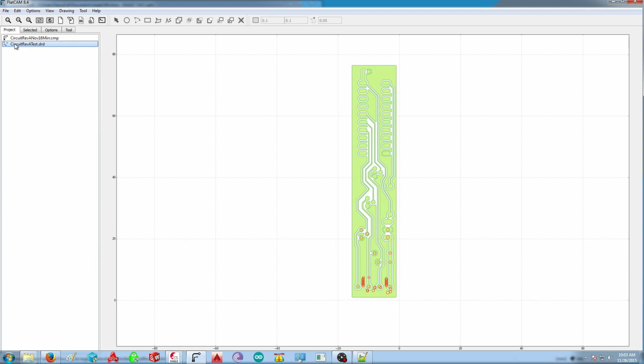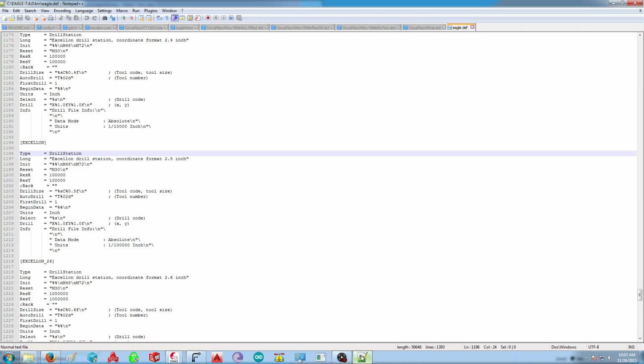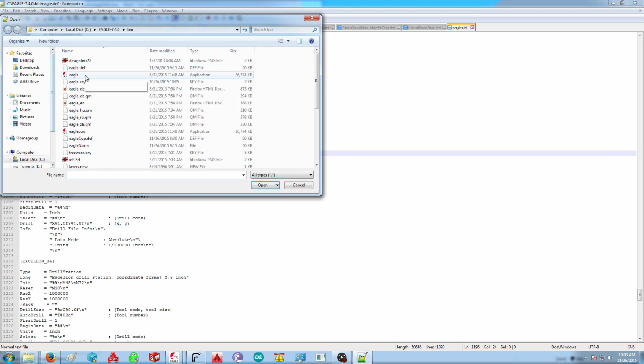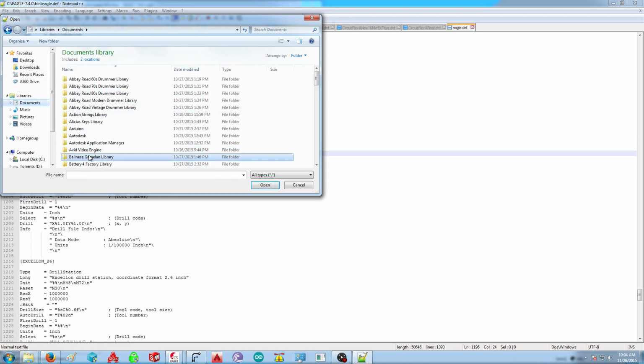And so I want to show you how to manipulate your file manually in order to let it import correctly. So let's go into our file for our project